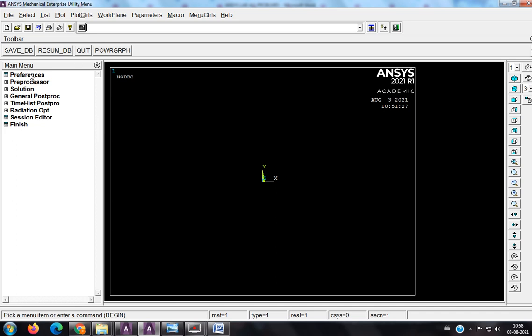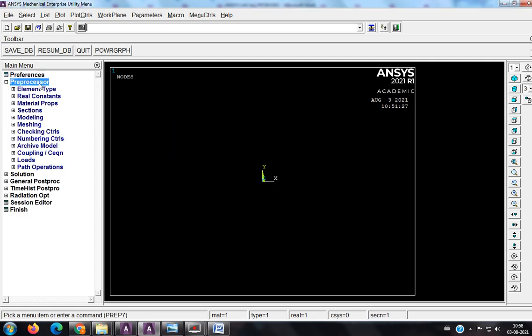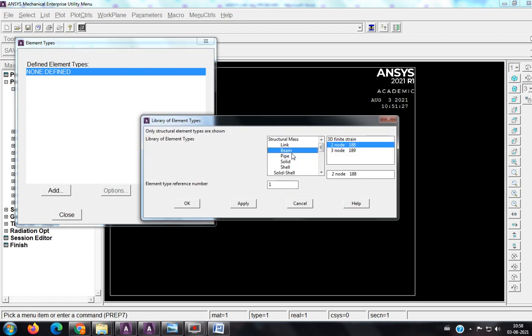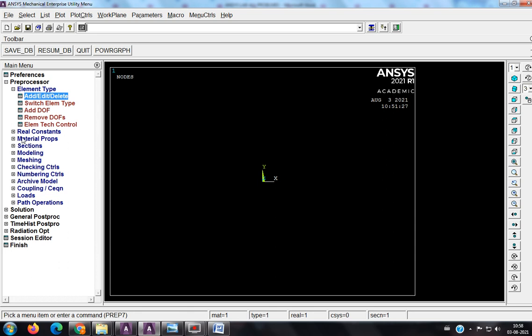Okay. So preferences, structural, preprocessor, element type, add, beam. If beam is not selected, choose beam, then click on 2 node 188, close it. Next, I have to define the Young's modulus and all those things.